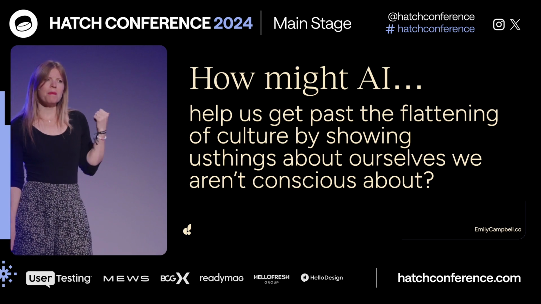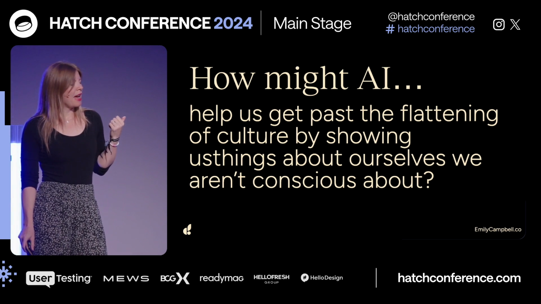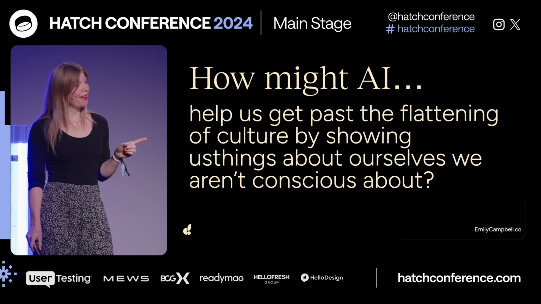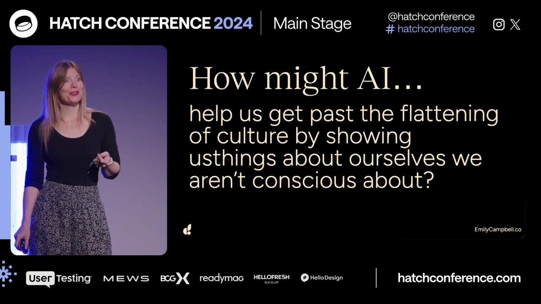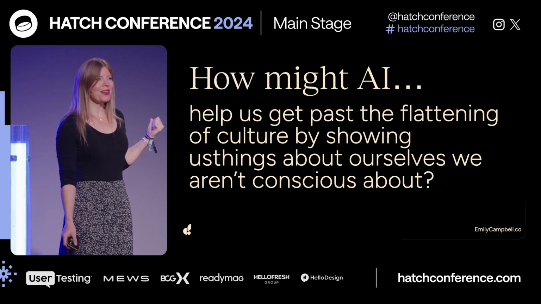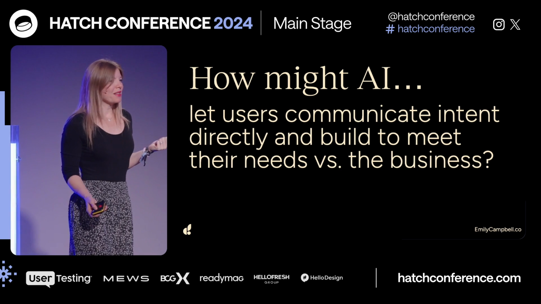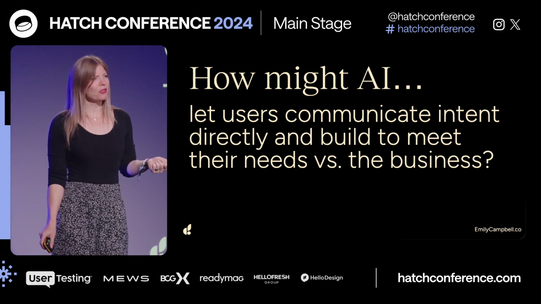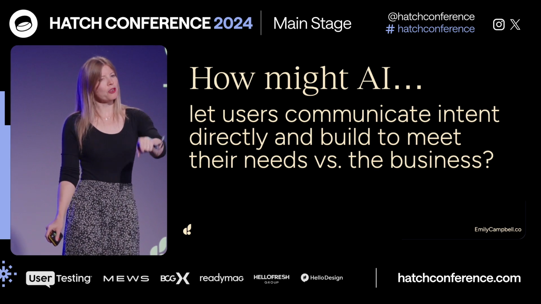How could AI help us get past the flattening? How can it show us the bias? How might it actually make us more self-aware about the ways we've already been kind of consumed by the algorithm? That's a really interesting one. How could this constraint actually help us? How can it give agency back to people? What could that look like? What does that look like for your product?